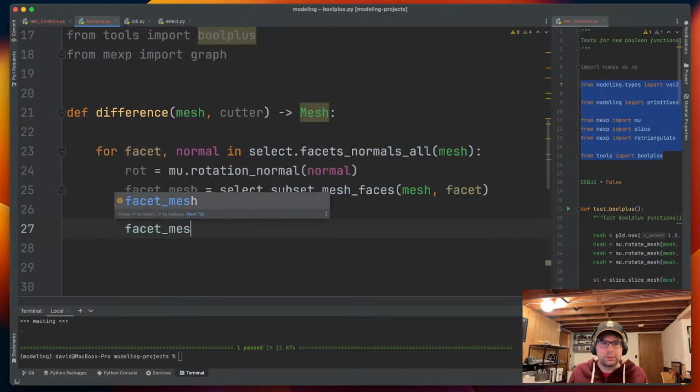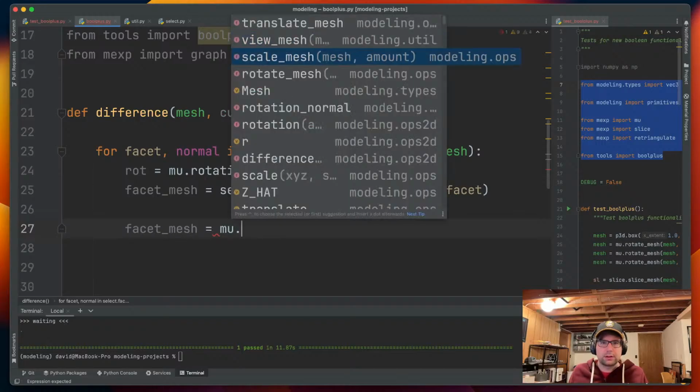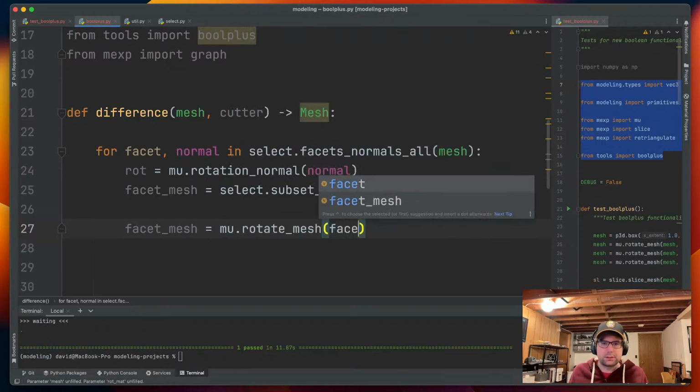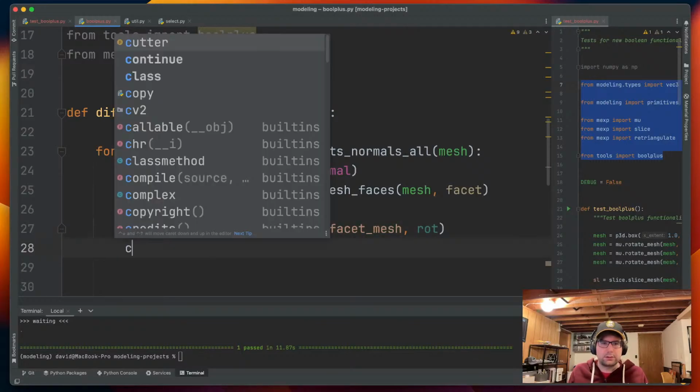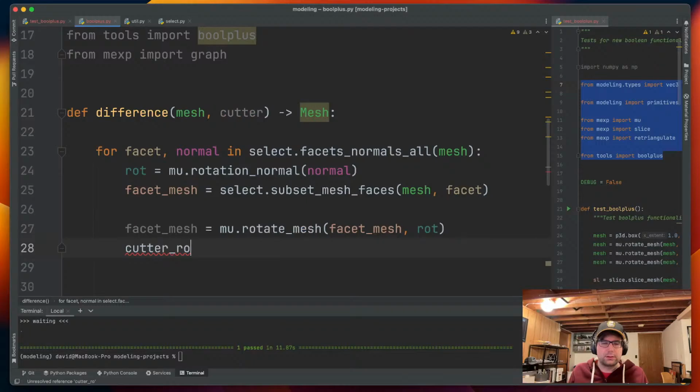So facet mesh equals mu dot rotate mesh. And we can call cutter